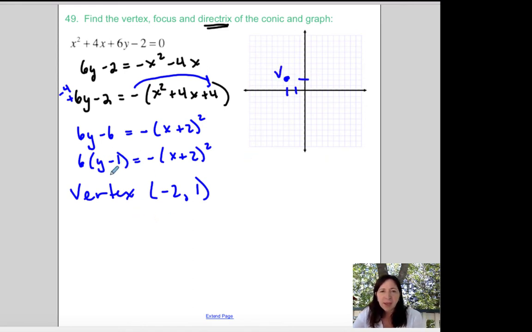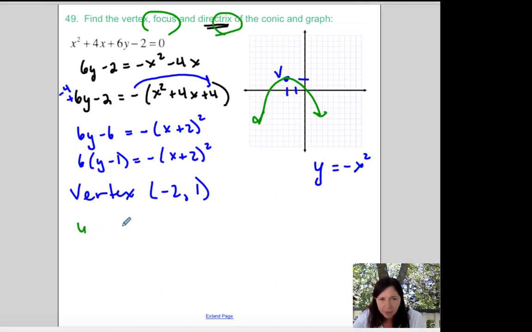It is a y equals negative x squared graph, which means that it is going to go down. So therefore my graph will drop down like that. And because it wants the focus and the directrix, what I'm going to do now is this. Y minus 1 equals negative 1/6